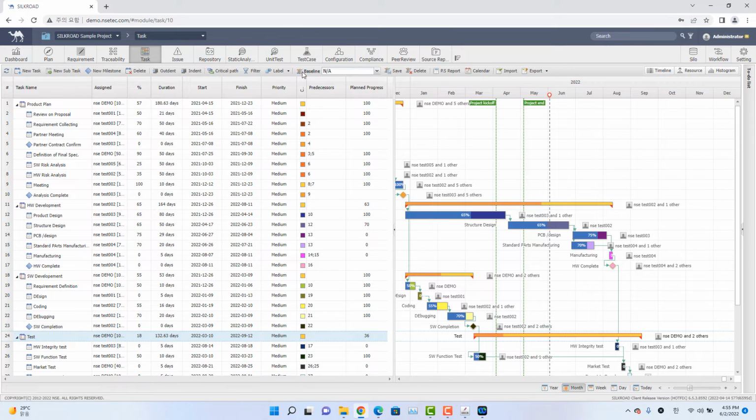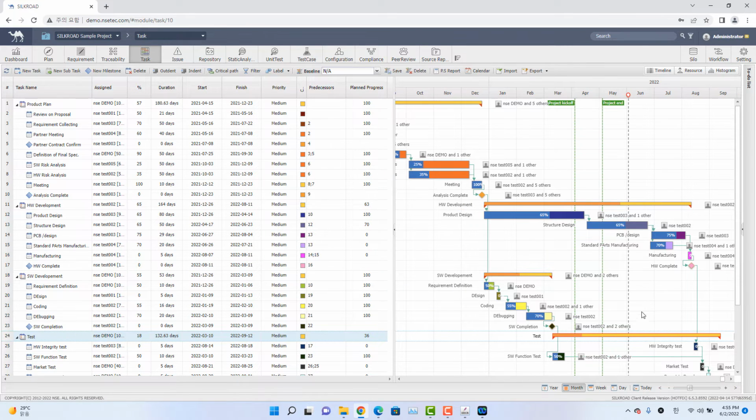And the function baseline is providing a function to screenshot the current location of the charts, which means the start date and the end date of the current location of the charts will be saved if you click the save button on the right. Let's say it's 2022. And save it. And then if you choose the one that you just saved from the combo box list,